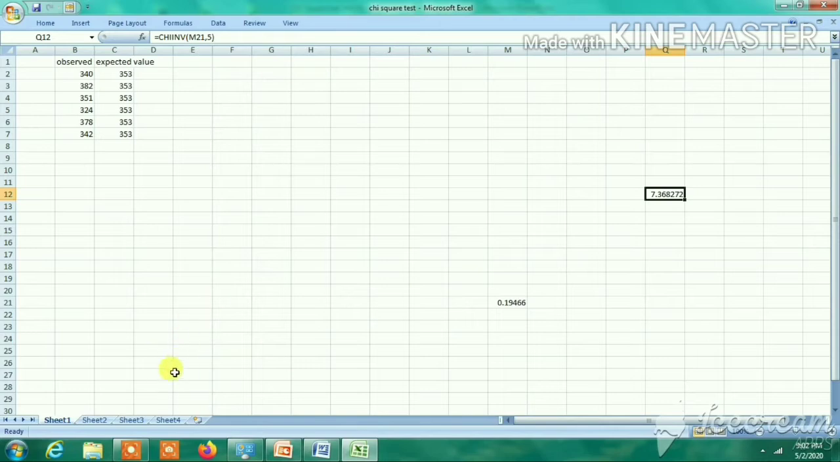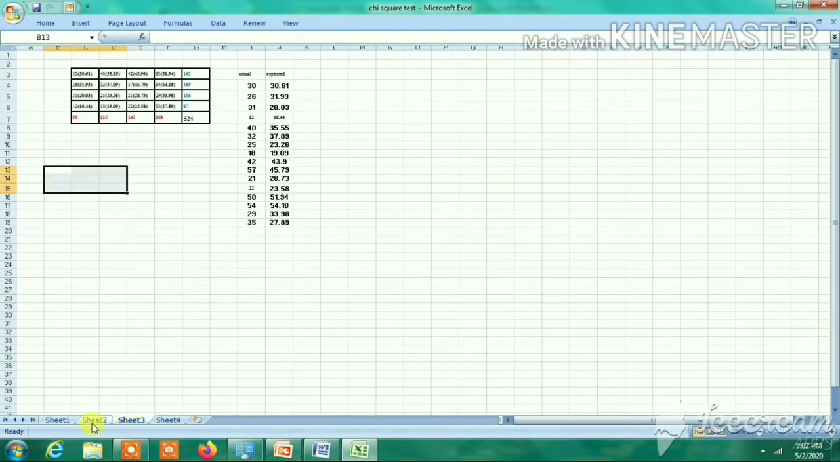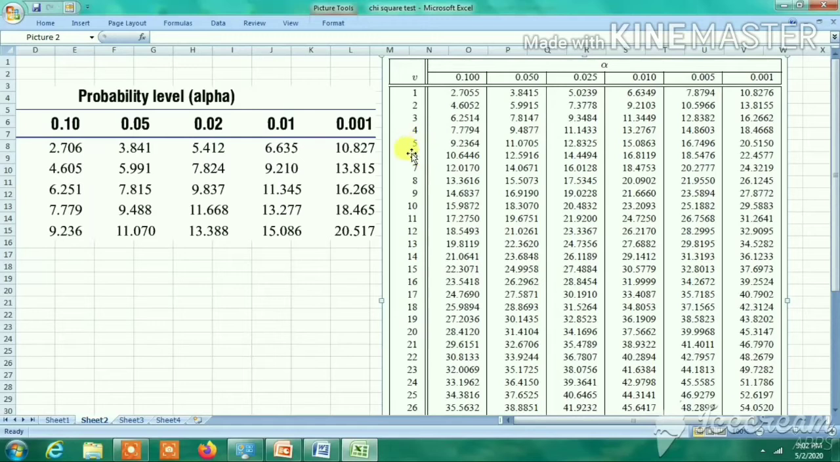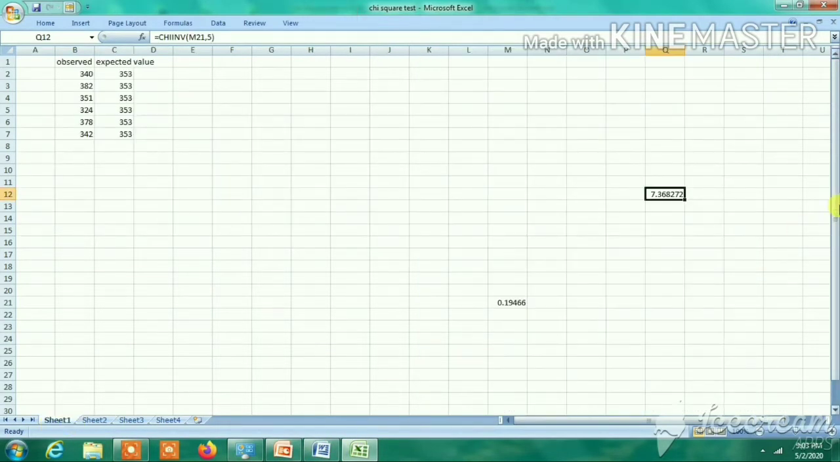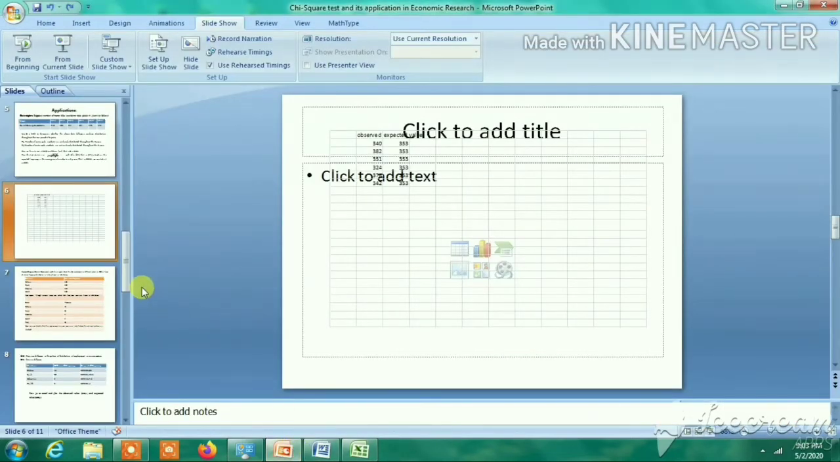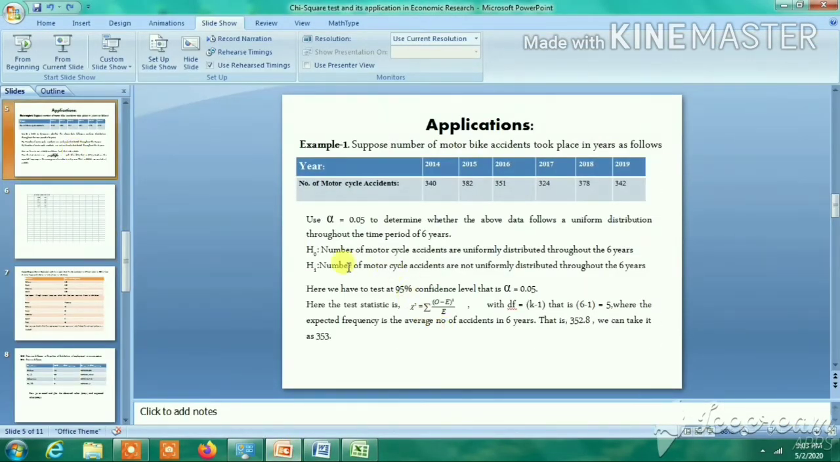We have to check table value. This is the table value. So 5 degrees of freedom and 0.05 is 11.07 is the table value, 11.07, and our calculated value is 7.36. Hence we can say that since the calculated value is less than the table value, therefore we have to accept the null hypothesis. Hence we have to accept the null hypothesis, that is number of motorcycle accidents are uniformly distributed